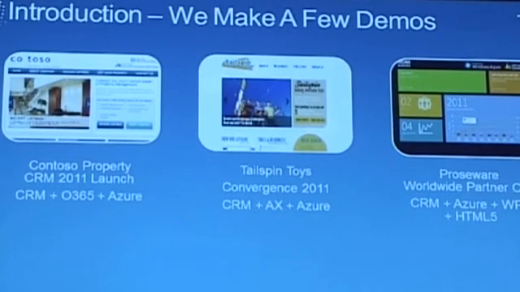And the last one we're going to show, we're actually not going to show too much of Tailspin, but we are going to show a bunch around this app called Pros, which was done for the Worldwide Partner Conference. And what we're showing there is the ability to surface some rich UI over the top of these systems. So we've got both a Windows Phone app and an HTML5 tablet app to show you on a Windows tablet, not a new one. Although we have tested on a new one,